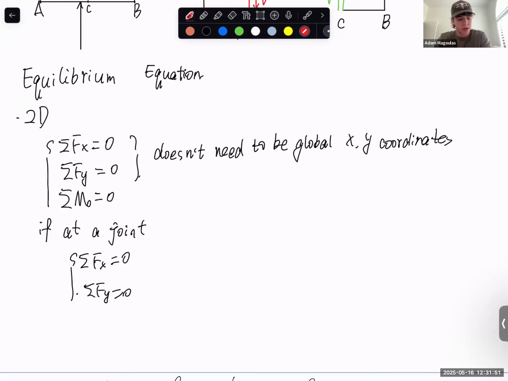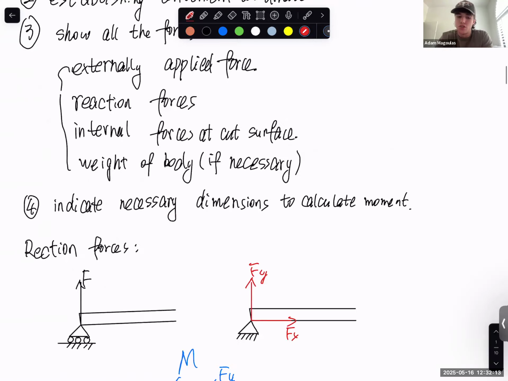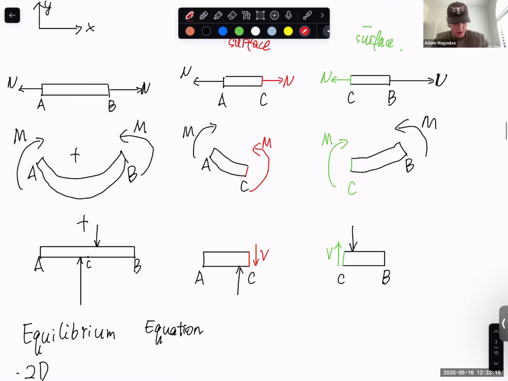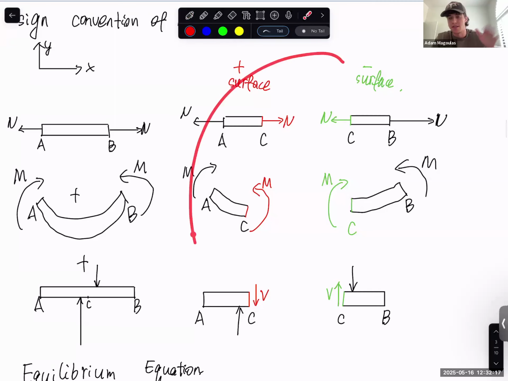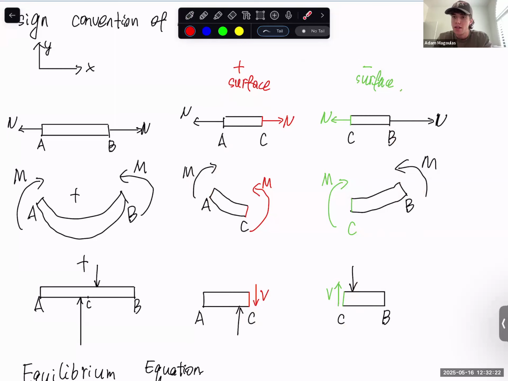Just a quick question about the homework. Yeah. So you told us last class you want us to leave it in positive conventions for our answers, and then we use a negative or positive sign consistently, or do you want us to only use positive signs and then just indicate which direction the internal forces are going? Like, would you rather I put, just as an example, not the answer, if I got a negative answer for a moment, do I just leave it negative or do I say that